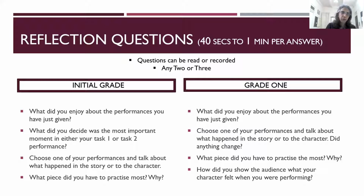What did you enjoy about your performances? What did you decide was the most important moment in either task 1 or 2, which is your story or your poem? Choose one of your performances and talk about what happened in the story or to the character. What piece did you have to practice the most and why? So there are 4 questions. Out of this, choose 2 or 3. I would suggest let them choose 3 and then play around, give the answers,